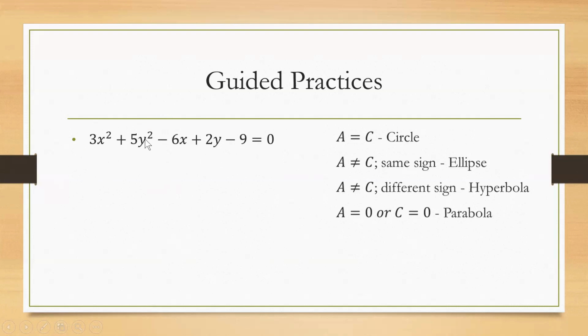So 3 and 5 are different, of course, but they have the same sign. They're both positive. So we go back to the guides or the cases. If A is not equal to C, but they have the same sign, then the equation is an ellipse. So therefore, this equation is an ellipse. Next,